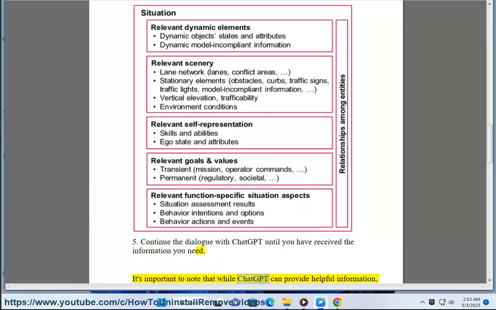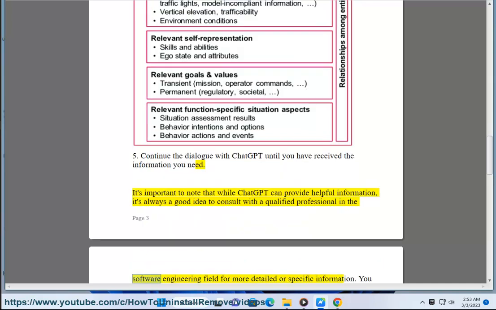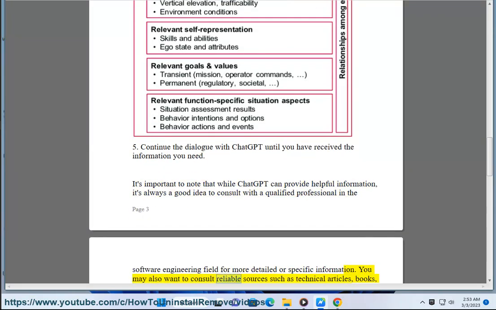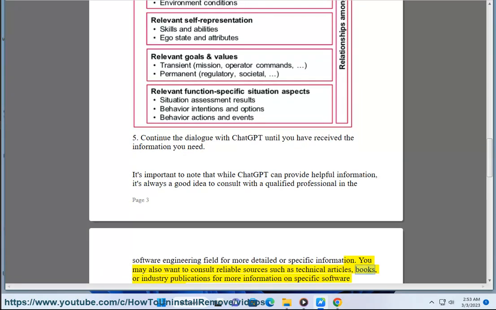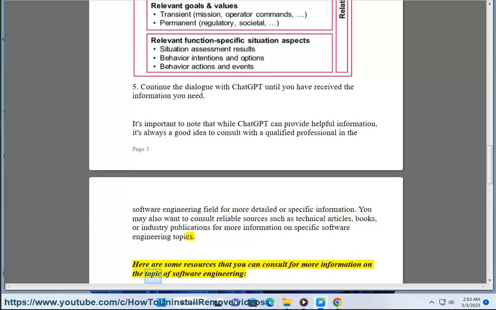It's important to note that while ChatGPT can provide helpful information, it's always a good idea to consult with a qualified professional in the software engineering field for more detailed or specific information. You may also want to consult reliable sources such as technical articles, books, or industry publications for more information on specific software engineering topics. Here are some resources that you can consult for more information on the topic of software